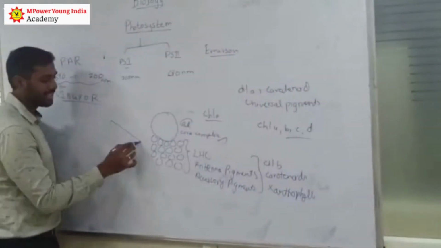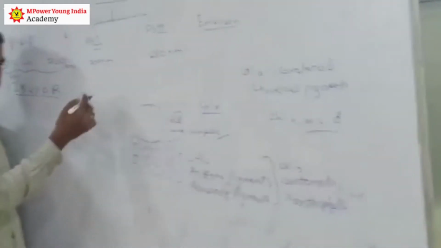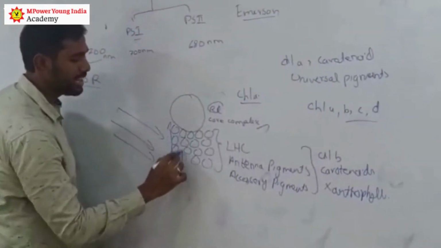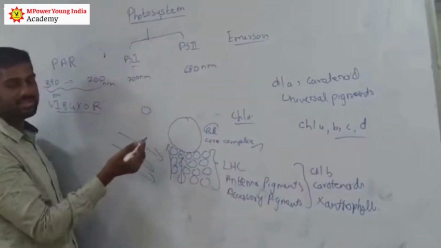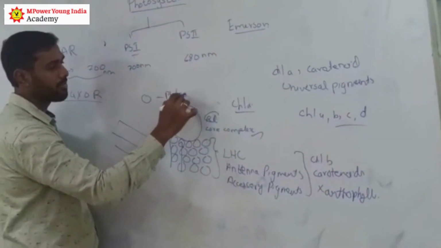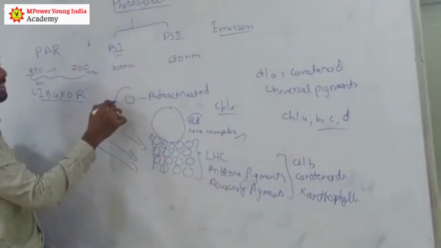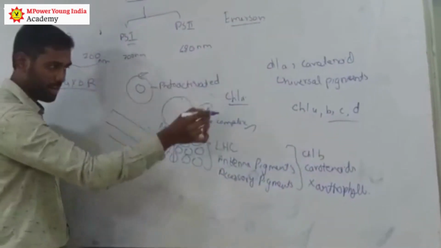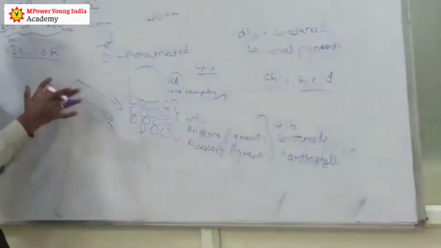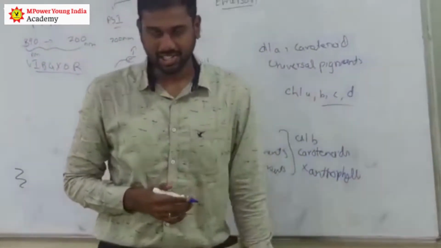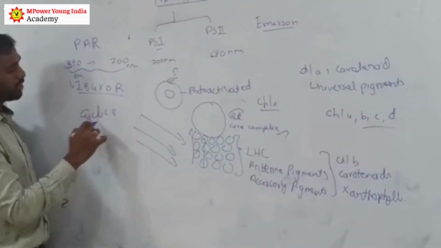Because when the light has been absorbed by the antenna molecules or antenna pigments present in this photosystem, they transmit the light to the core complex, that is chlorophyll A. And this chlorophyll A, when it receives the light, gets photoactivated. What is photoactivated in the sense? The outermost electron present in the chlorophyll A molecules will be emitted because of the light. This is what happens in the light reaction, that is both cyclic and non-cyclic